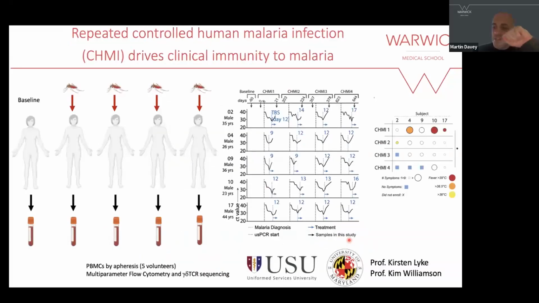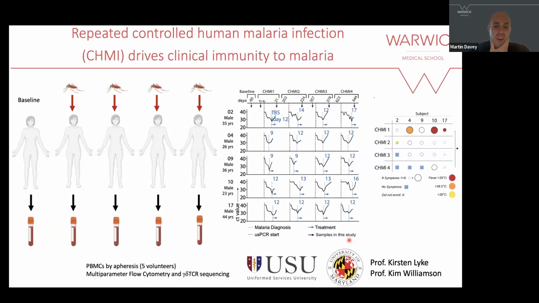So one of the key things about these populations is that obviously they're exposed to multiple other things. It's not just malaria. And so there's quite a bit of literature on cytomegalovirus that drives V delta 1 responses. So that's a major confounder in these populations. And we're not too sure if that has an impact or not. Maybe it does, maybe it doesn't. But it was very telling that you were seeing expansions post acute malaria episodes.